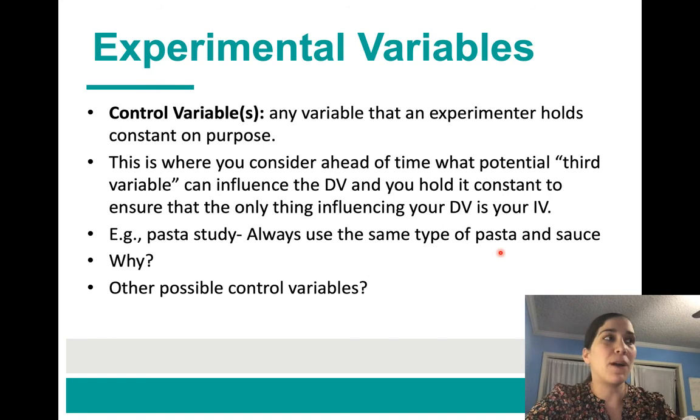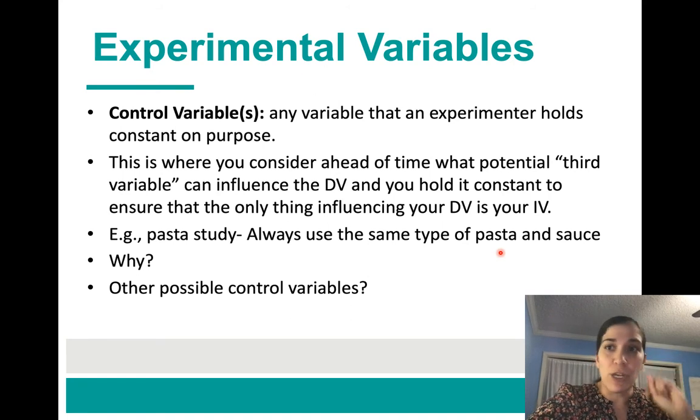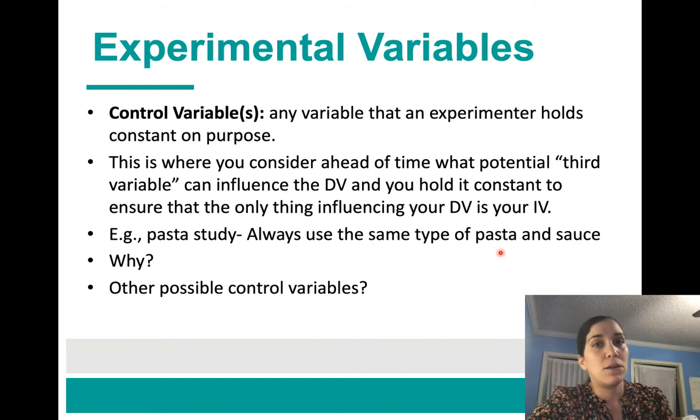Or maybe some people got macaroni, those tiny little U-shaped, smiley face shapes, and some people got spaghetti. And maybe there's a preference for spaghetti over macaroni, right? What about the type of sauce? So maybe some people had marinara, some people had alla vodka sauce, some people had cream-based Alfredo sauce. So you want your control variables ahead of time when you're designing your study, besides making sure